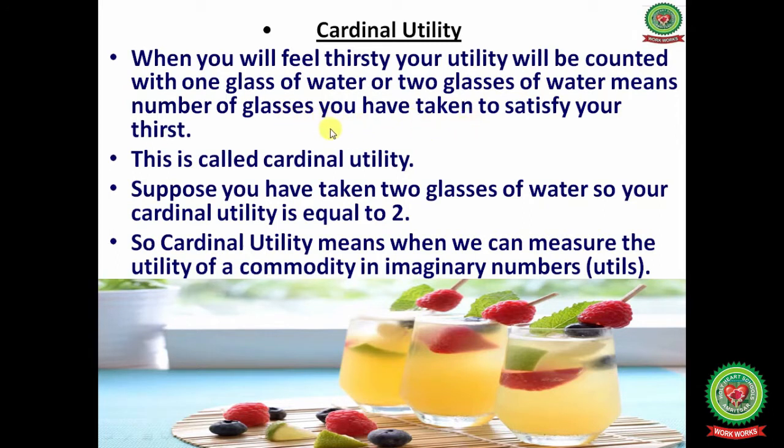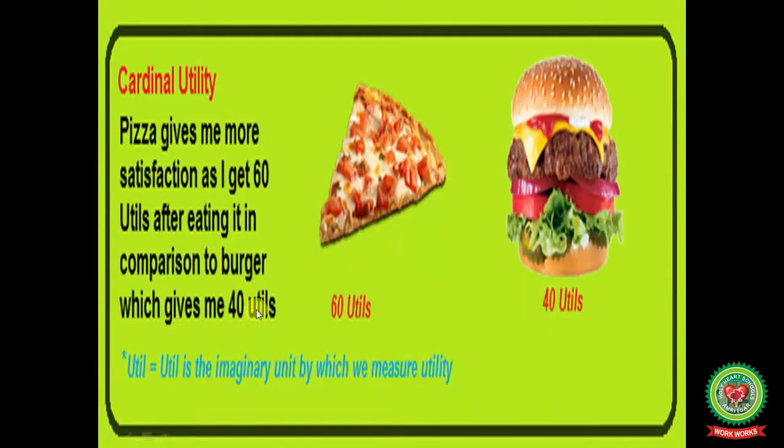First one is utility, cardinal utility, marginal utility, total utility and consumer's behavior or consumer's equilibrium. First one is utility. A chain smoker will always put efforts for regular supply of cigarettes. When we feel hungry, only eatables can satisfy our hunger. So utility is a want satisfying power of a commodity.